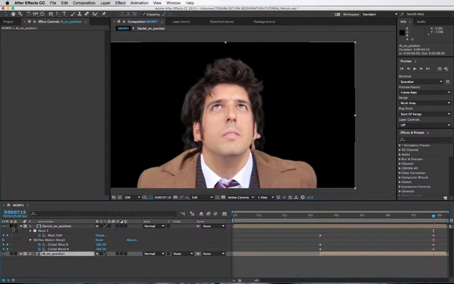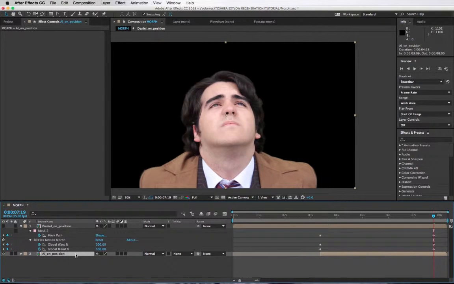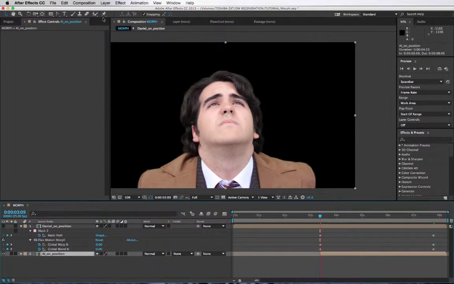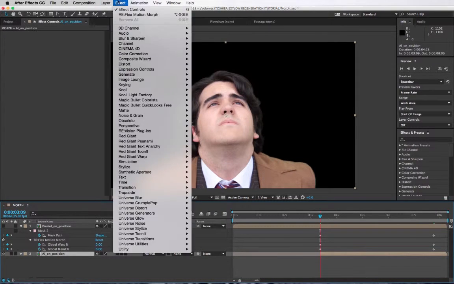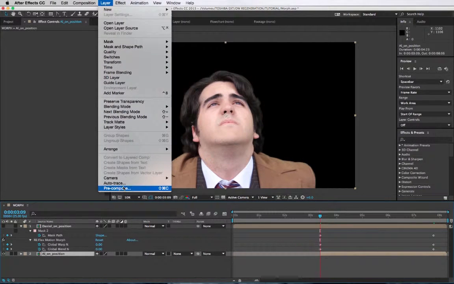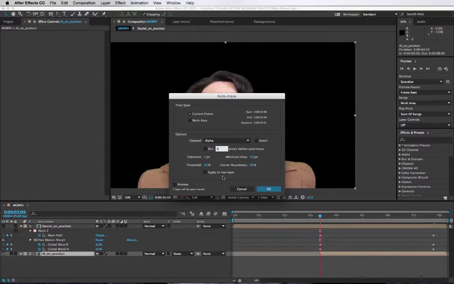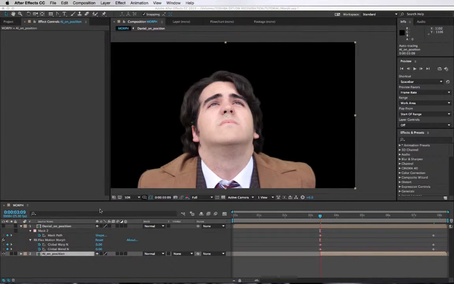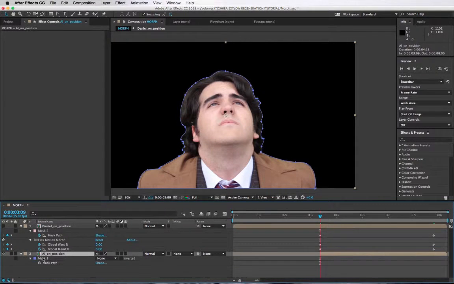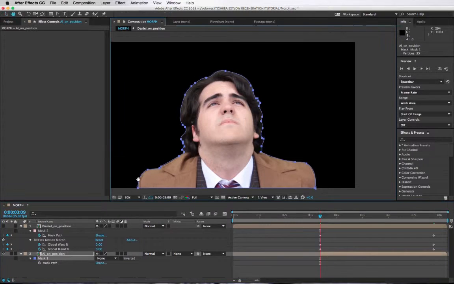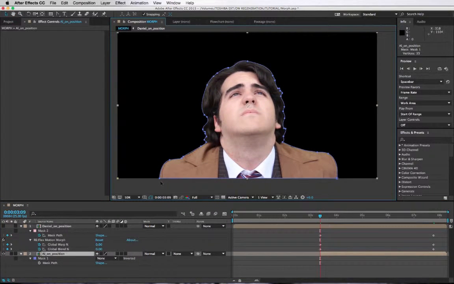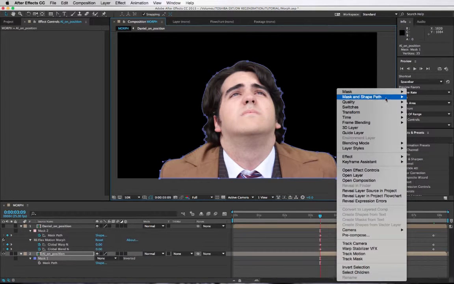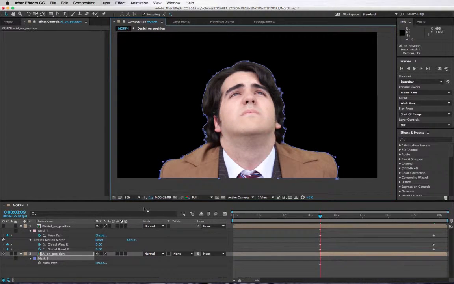So I'm going to select his layer, go to the beginning, and again, layer, auto trace. Press M, okay, it has created only one mask, so perfect. I'm going to select these 2 points, right click, we're going to open the mask,